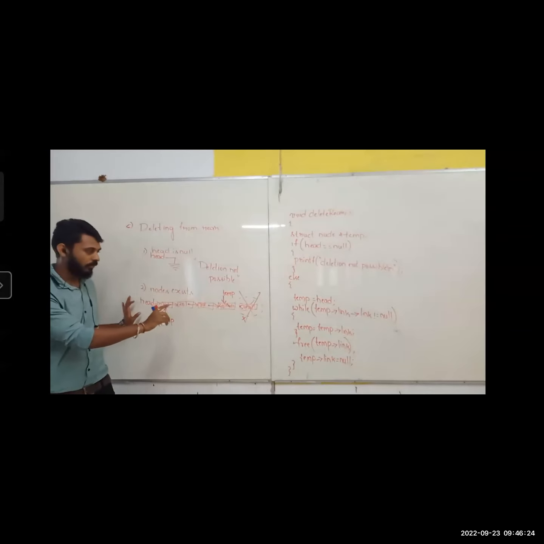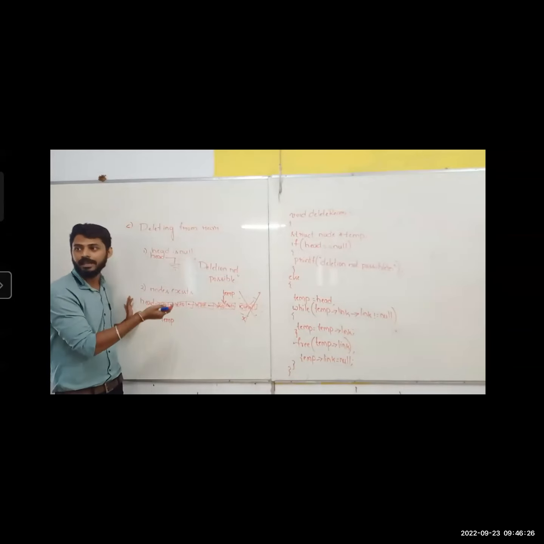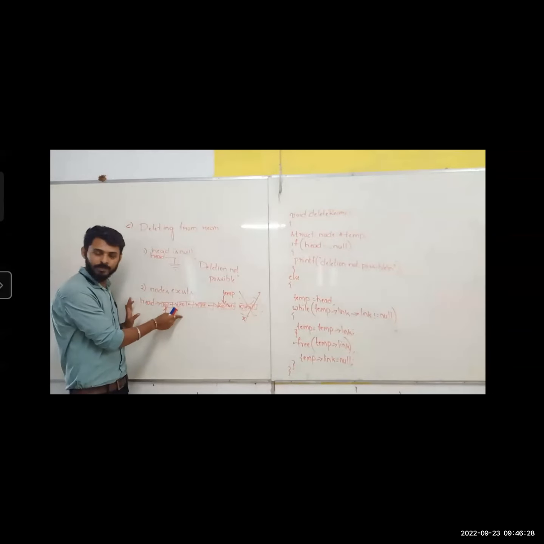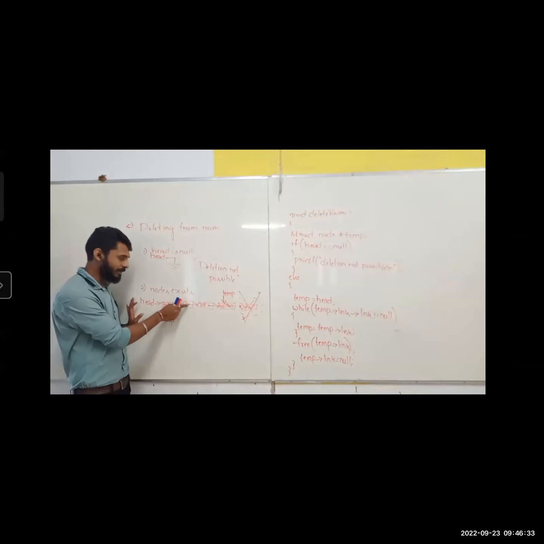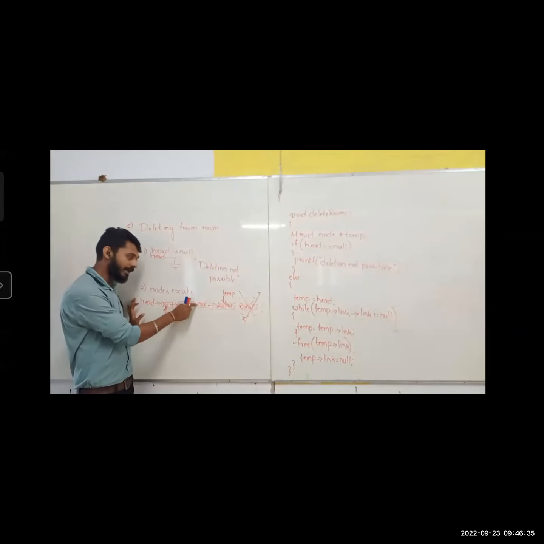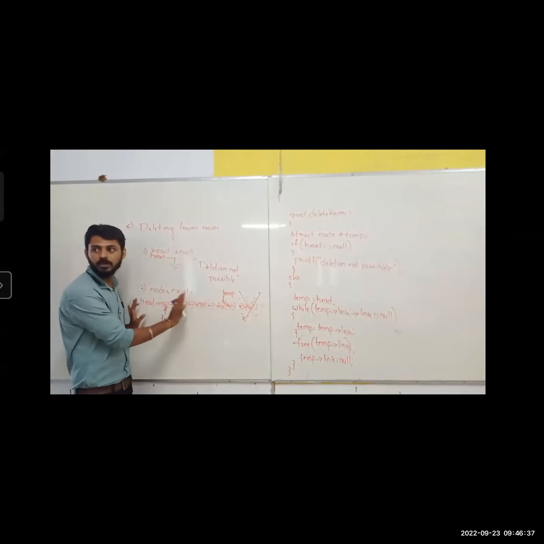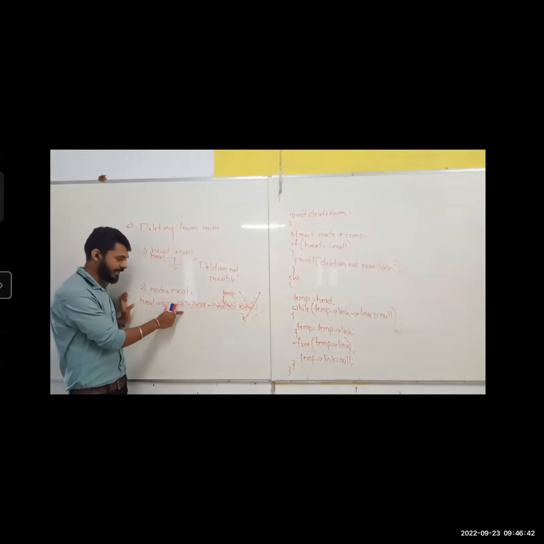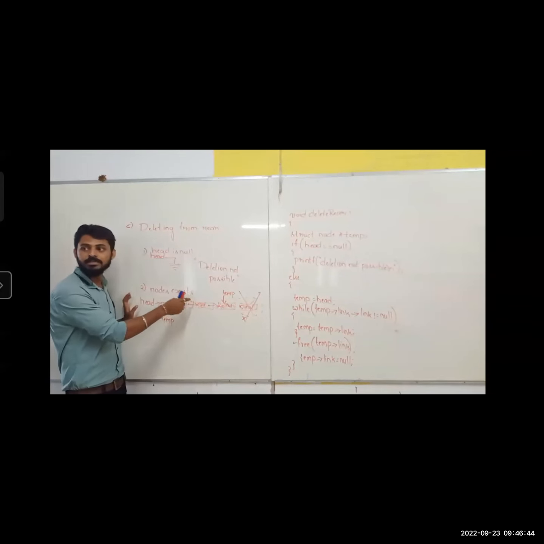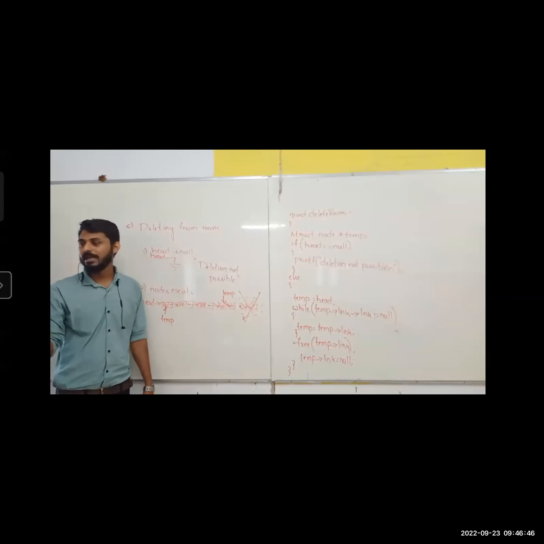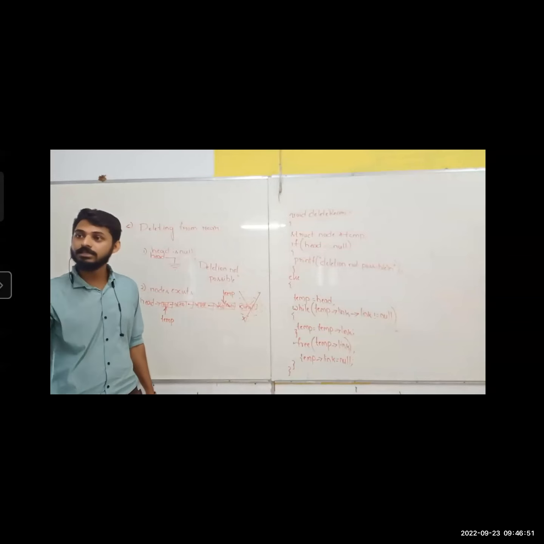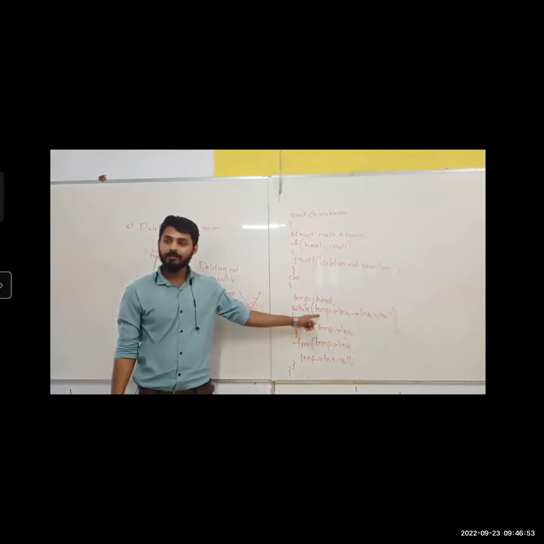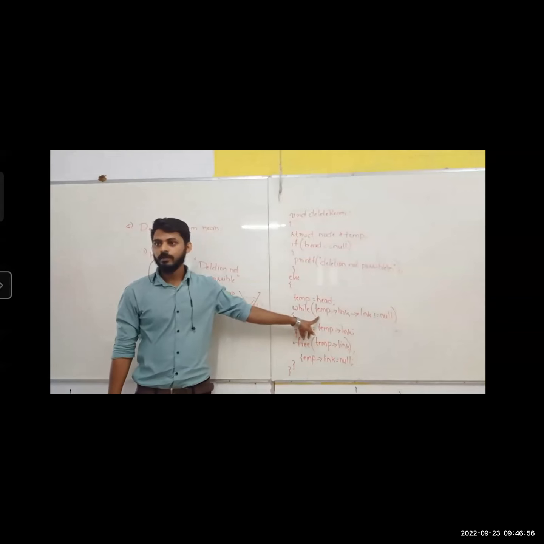I know it's not null. But when I say temp's link's link, temp is this one. Its link means this one, and it is pointing to here. Its link means this one. Is it null or not? I'm checking the third node's link. When I'm standing at the second position, I'm checking whether the third node's link is null or not. When I'm standing at the first position, I'm checking the third one, and in that case I've written temp's link's link. But here I have written it 3 times. I've written only 2 times.